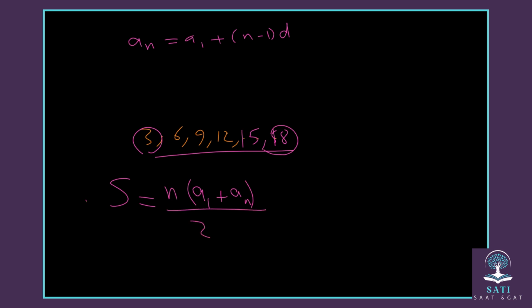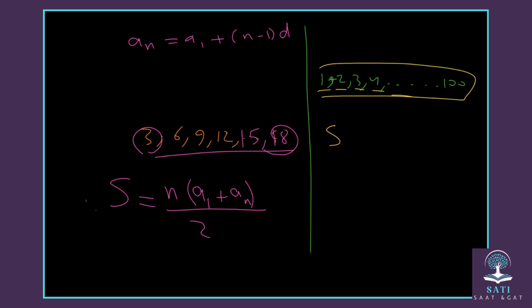Let's take another example. If I tell you now, find me the sum of the sequence 1, 2, 3, 4 till 100. Imagine the sequence 1, 2, 3, 4, 5, 6, 7 till 100. Can you add all these numbers, 1 plus 2 plus 3 plus 4 plus 5 till 100? If you use the normal way of addition, it'll take a long time. So in this case, we just apply the formula, which is the middle term